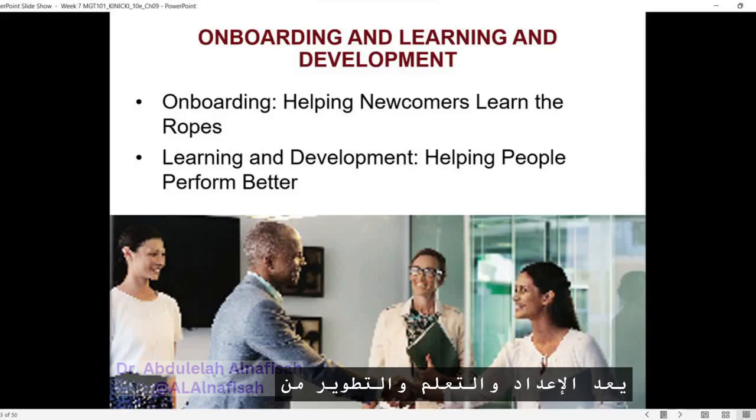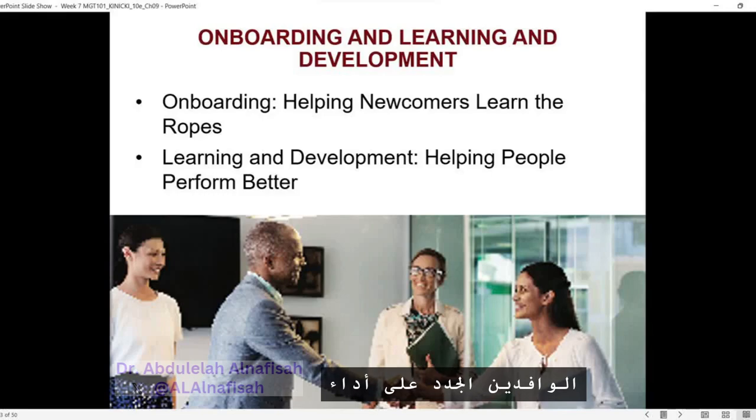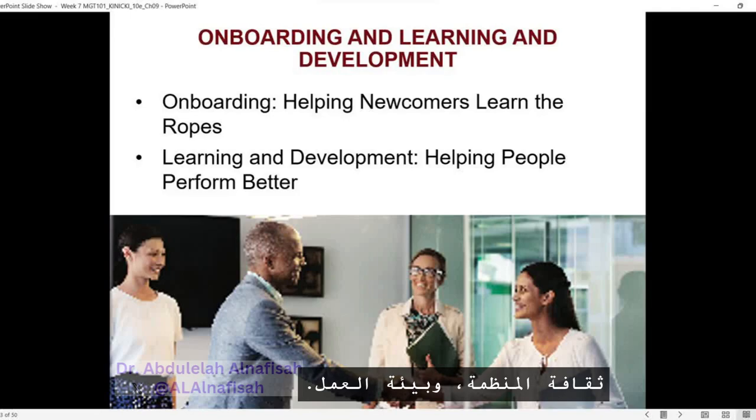Onboarding and learning and development are essential strategies organizations use to help newcomers perform their jobs effectively. Let's explain each of these approaches. Onboarding. Onboarding is the process of integrating and orienting new employees into their roles, the organization's culture, and the work environment. The goal of onboarding is to ensure a smooth transition for newcomers and help them become productive and engaged